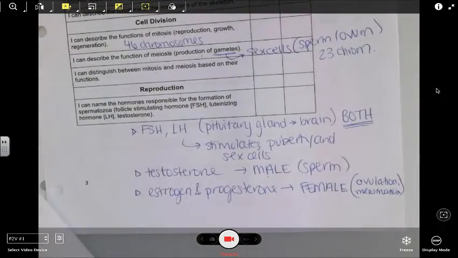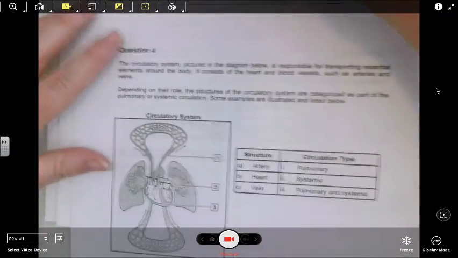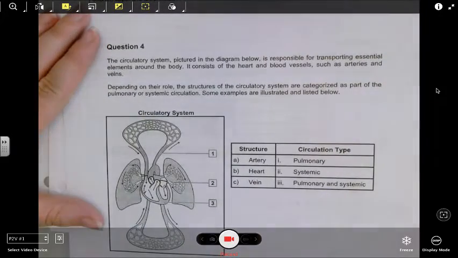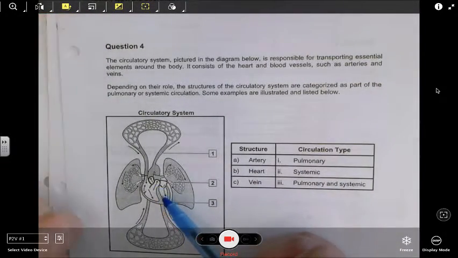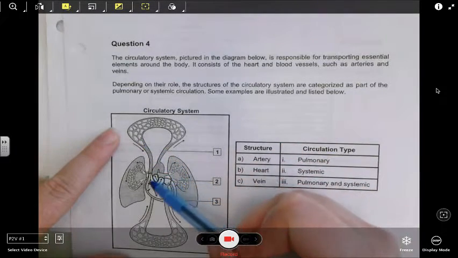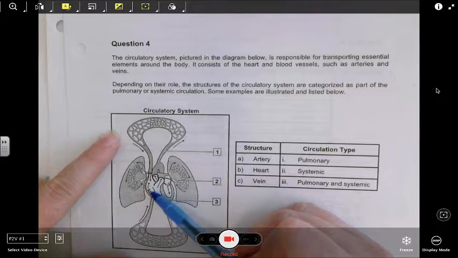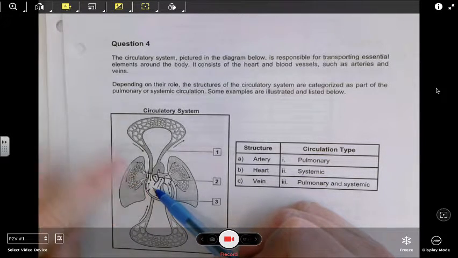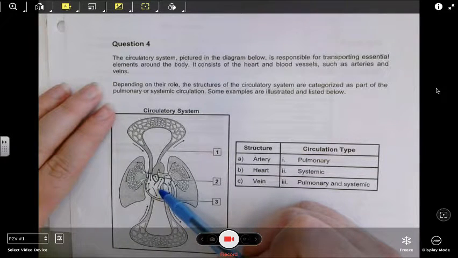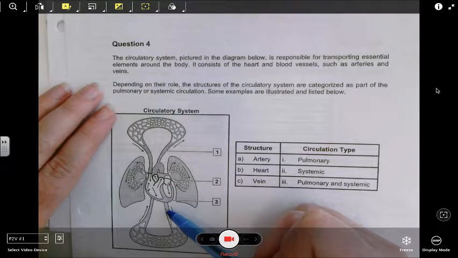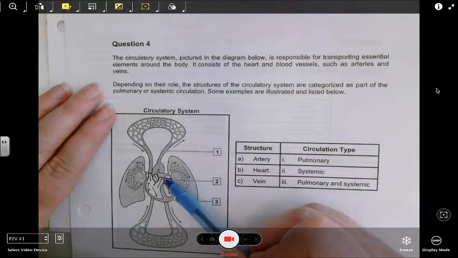Okay, so I found one of the pictures. When we look at this, blood comes into the right side of your heart from the system, from systemic. Right now it would be blue because it would have carbon dioxide. Then when your heart pumps, it would go out through here and go to your lungs. So one would go this way to this lung, and one would go that way to that lung.